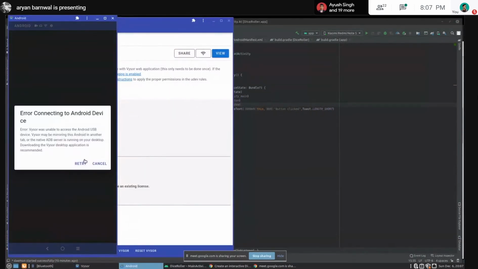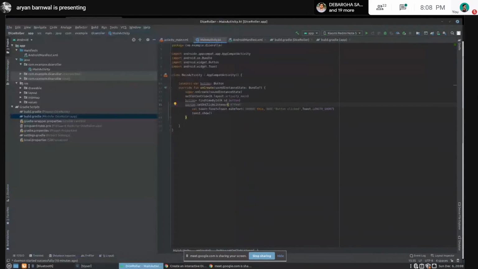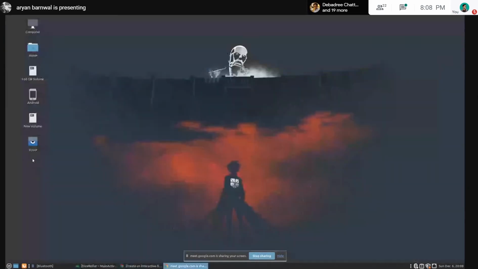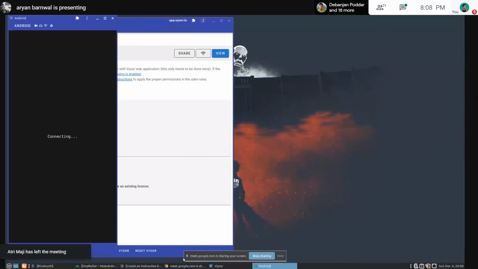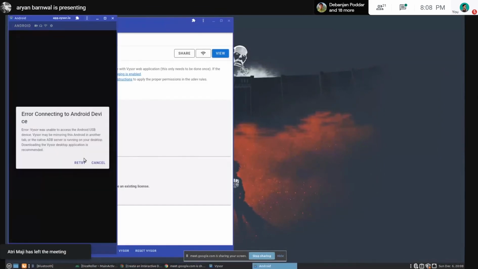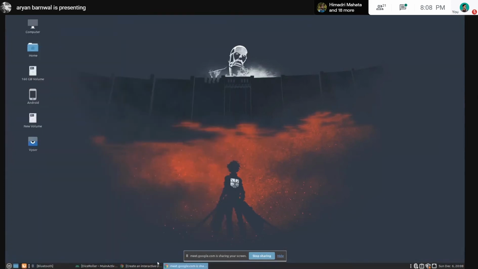Error connecting to Android device. Okay, wait. Let me restart the advisor once again. Having some problem. But if it doesn't work, then I will just use my emulator here.